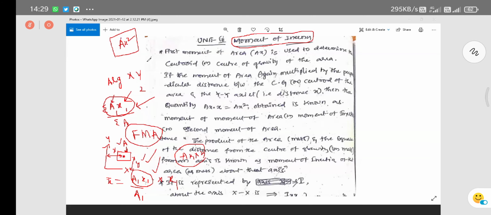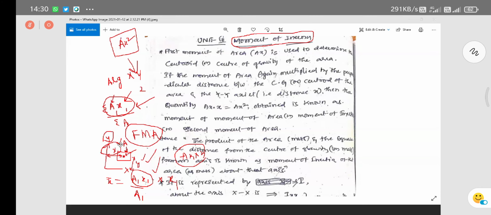Okay. So mathematically we have the definition: area multiplied with the square of the perpendicular distance. What does the perpendicular distance mean? With respect to the centroid of the particular object, what is the distance that is perpendicular about a certain axis? A certain axis is nothing but, with respect to the y axis, I am going to get the perpendicular distance x for this particular area. So this area is multiplied with the square of the perpendicular distance. If I square it and multiply with area, I will get the second moment of area.